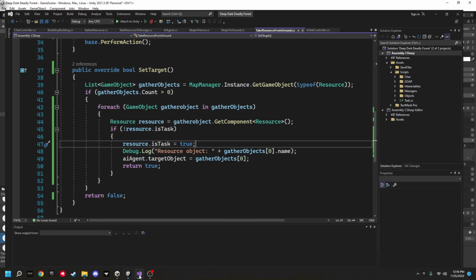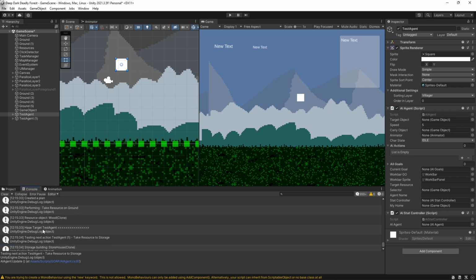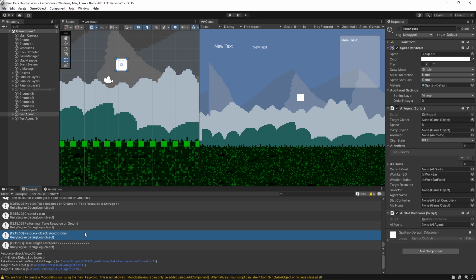Let's say this says resource object. Resource object. Wood.